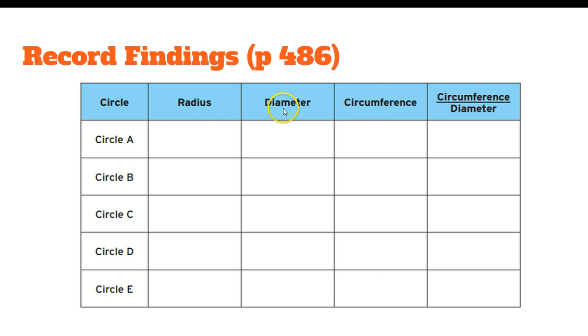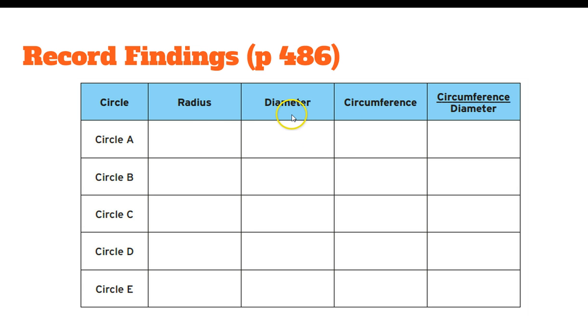And then you put in the radius and the diameter for each of the circles. So you have to measure that as well. So you have to measure the diameter, and that's what I would do first. So measure the diameter and then divide it by 2 to figure out the radius. So measure the diameter, divide by 2, and then figure out the radius. So after you have all three,